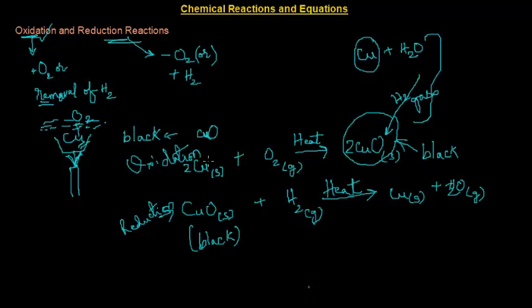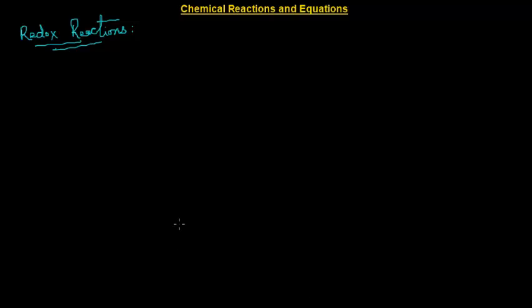But in general, oxidation and reduction take place simultaneously in a reaction. One of the reactants gets oxidized and the other reactants get reduced. So these reactions are called oxidation reduction reactions or redox reactions. Let us see an example for redox reactions. I am writing an example for redox reaction. Now let us take